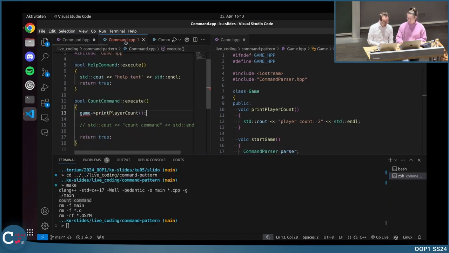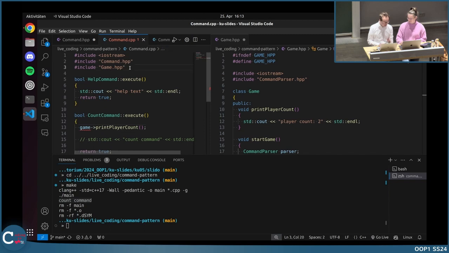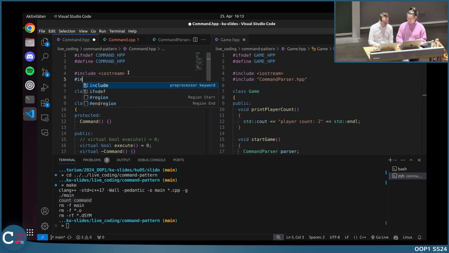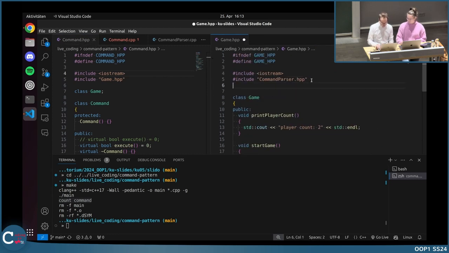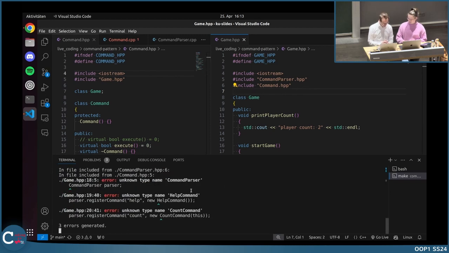Okay, so first I include it now in the command CPP. Okay, here it's already included. And now we want to include it here as well. Game.hpp. Now we have the game HPP included in the command and vice versa. We need to include command parser and basically we also have the command here included, because command parser includes the command. But to make it explicit, this is the situation. And now if we compile it,